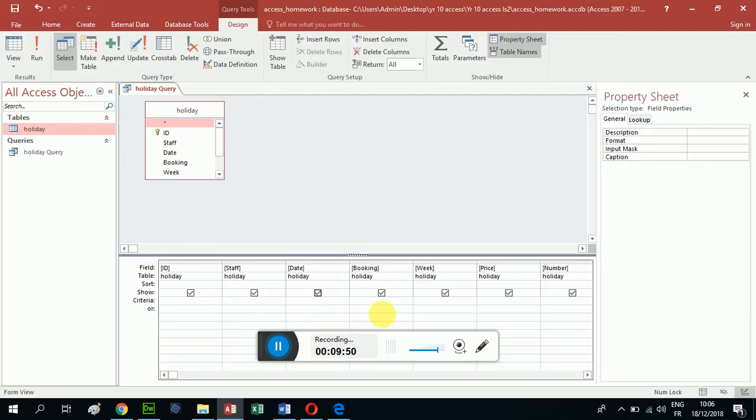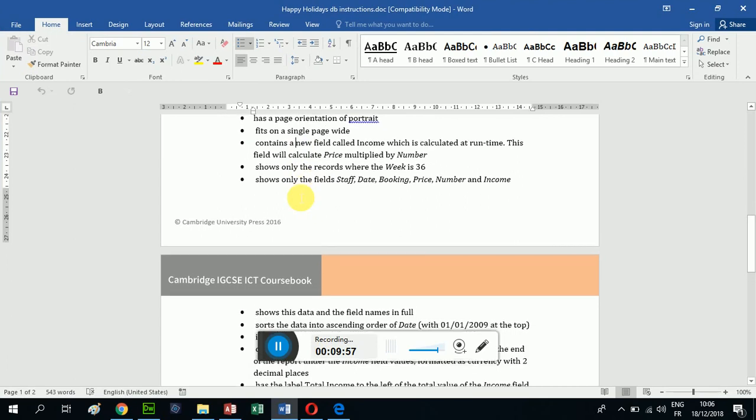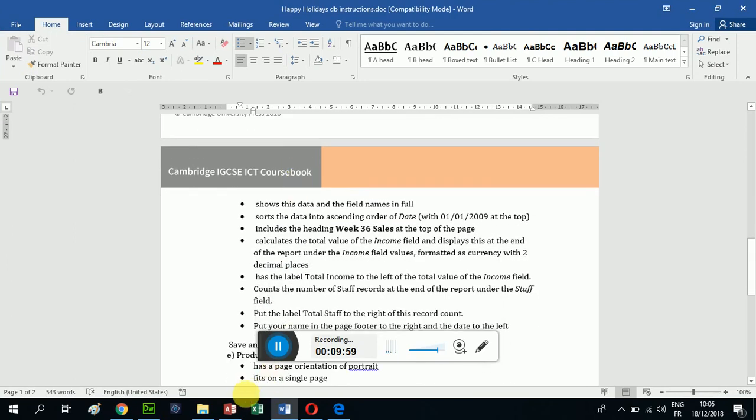Okay, in the next video, I'm actually going to create the query that we're going to run a report off of. In other words, follow these instructions here to create it. Okay,